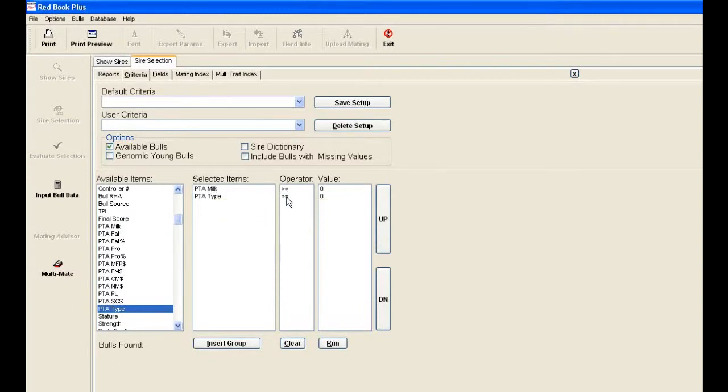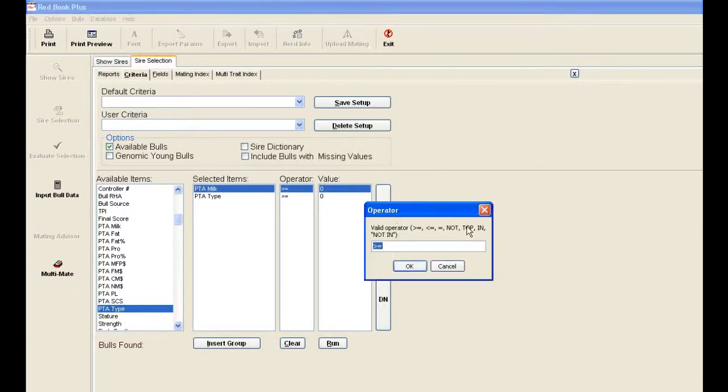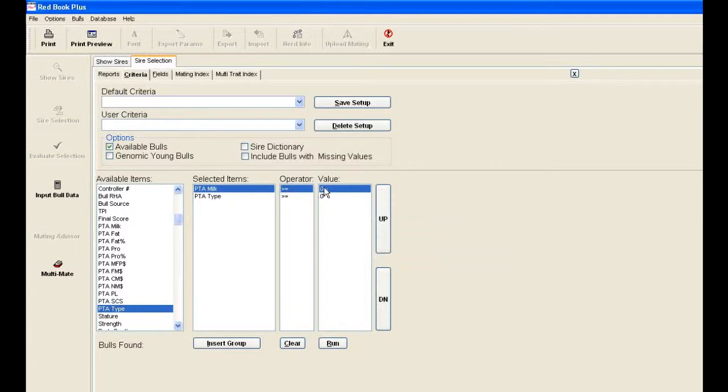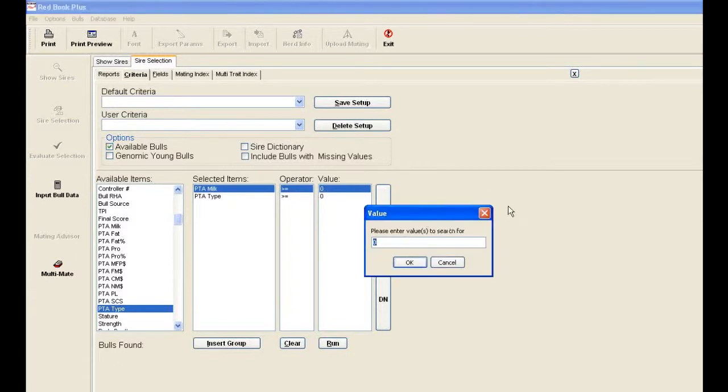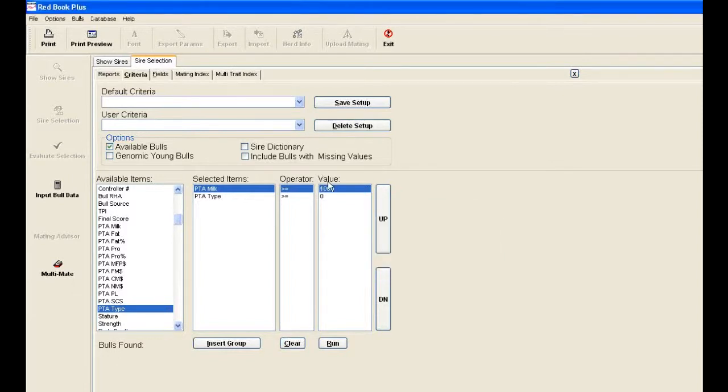We have a field here called the operator, which we can double click. We can change that. It defaults to the most common one for most traits, but there may be some traits where you might be looking for less than rather than greater than, so you could change that here, but we'll leave that alone. And then there's a value. You can double click on that, and you get a box that you put a value in for that particular trait. For milk, we're going to put 1,000,